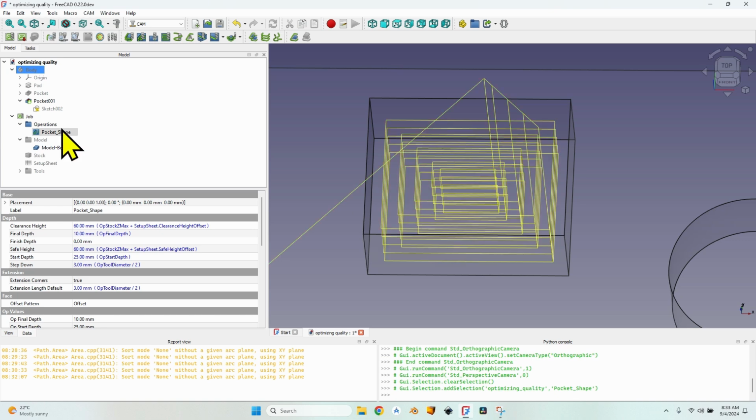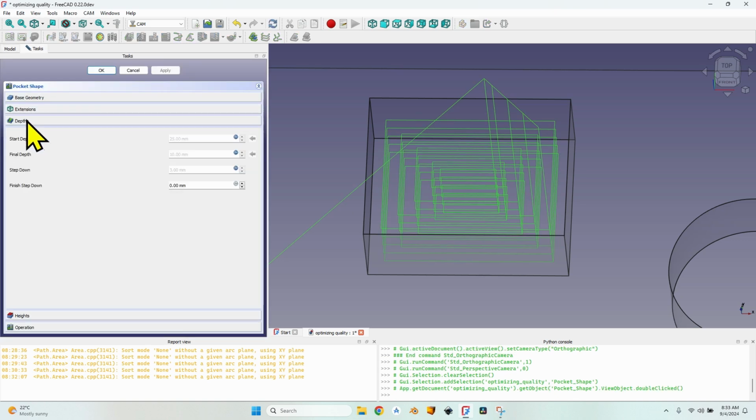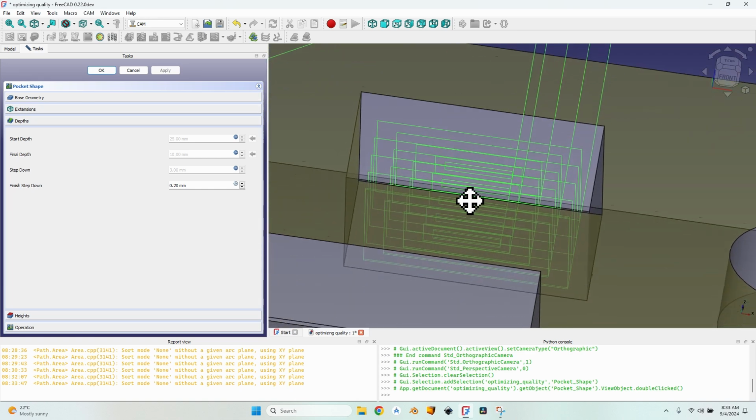How do you obtain that? For the bottom face it's pretty easy. Open the pocket shape operation, go to the depth tab, and here you have an option finish step down. If you set this to a value, let's say of 0.2 millimeters, after milling most of the material you will